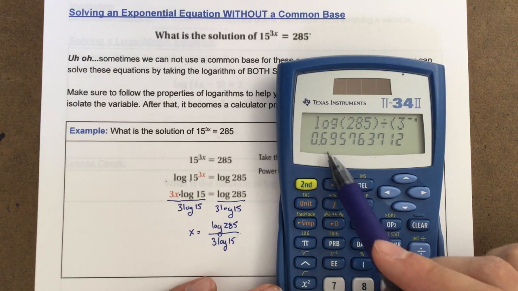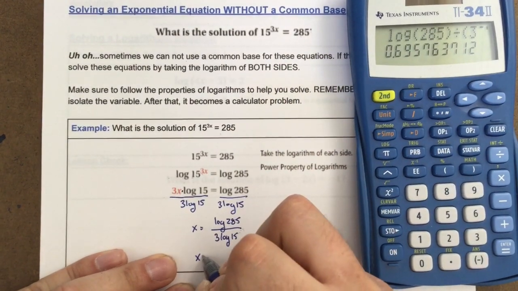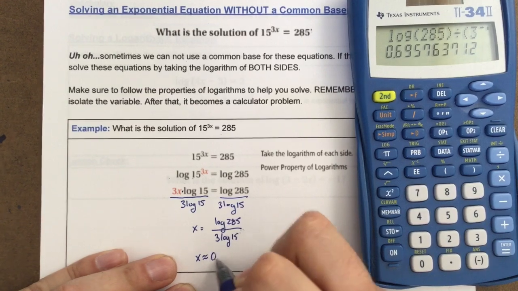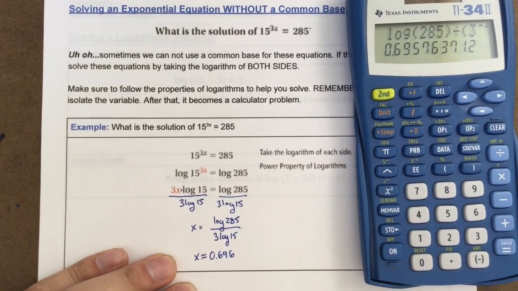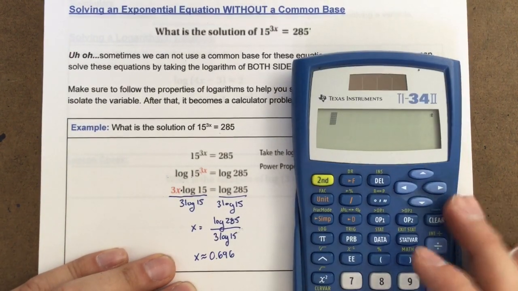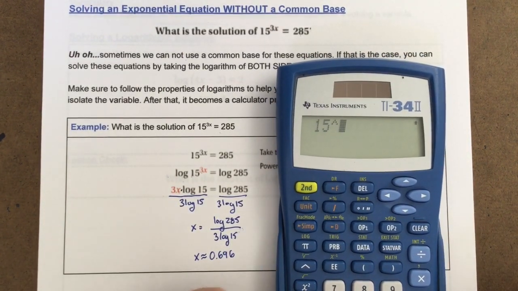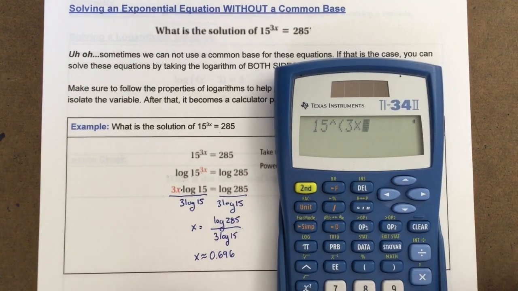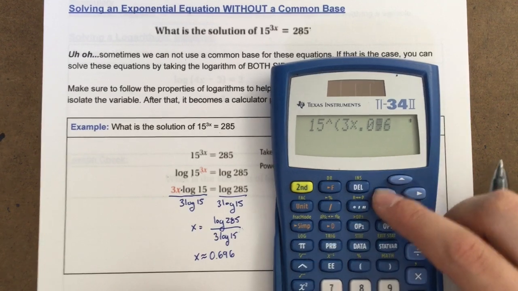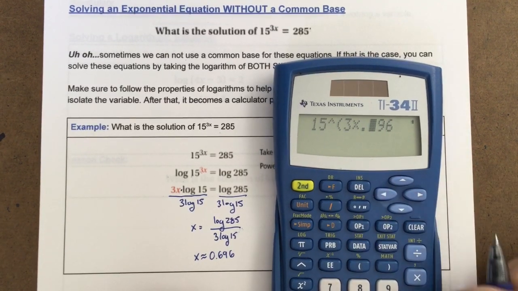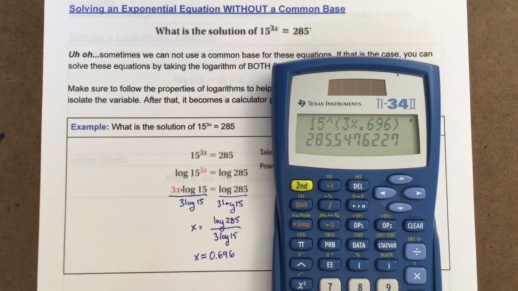So 0.696. X is about 0.696. I want to just check my answer. 15 raised to the 3 times 0.696. And I get